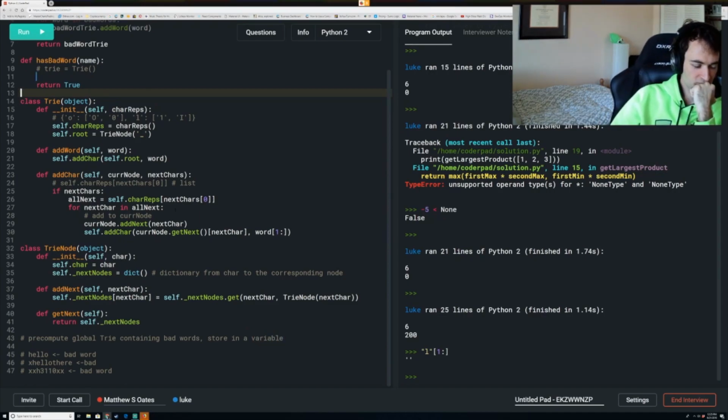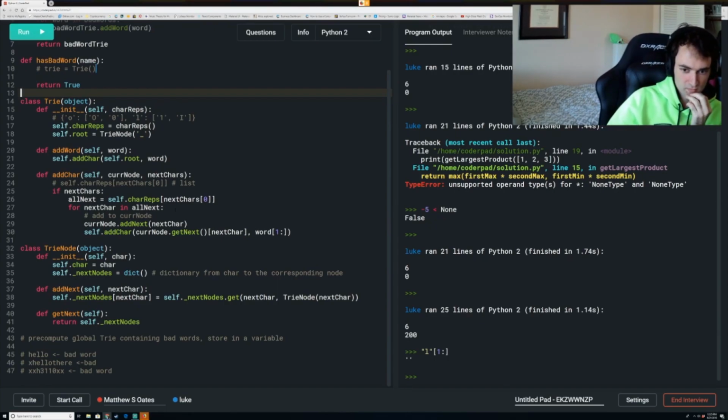So then, assuming that we've got this global tree, which I'll just call tree, basically I need some kind of lookup now, where I go through every character in has bad word, or basically for start index, range,